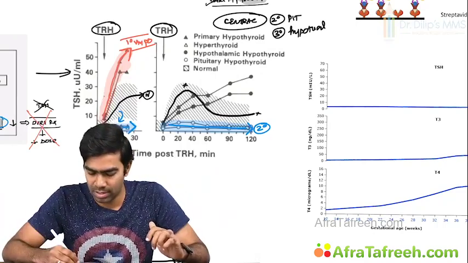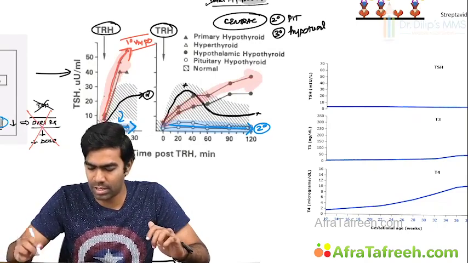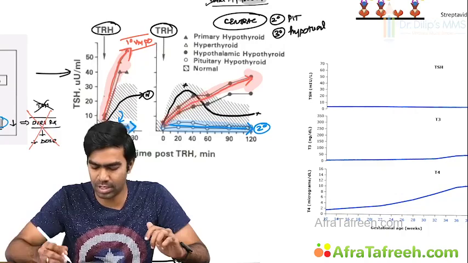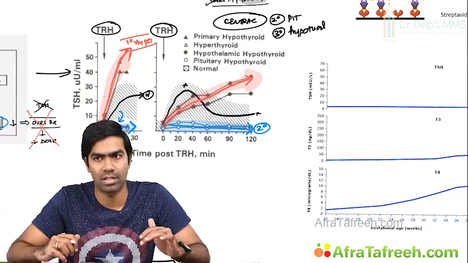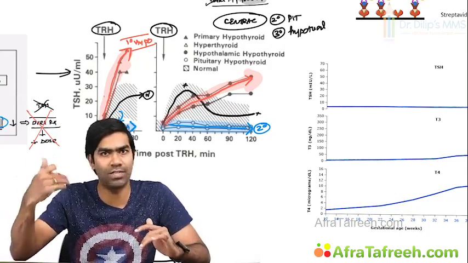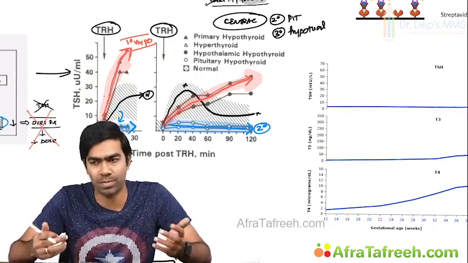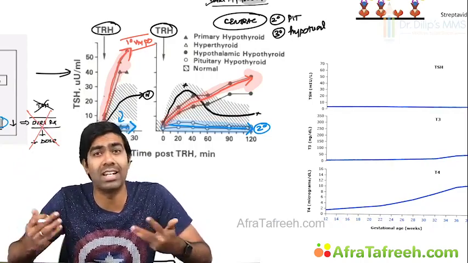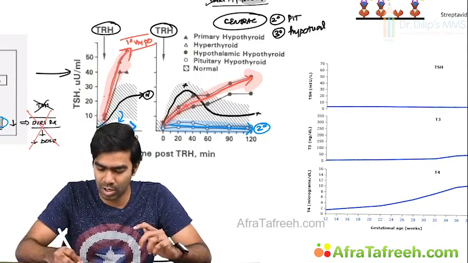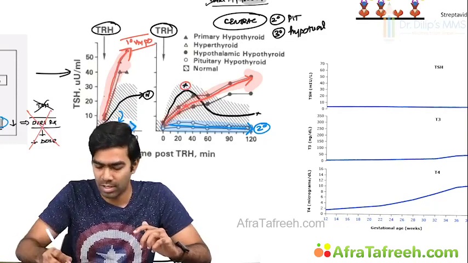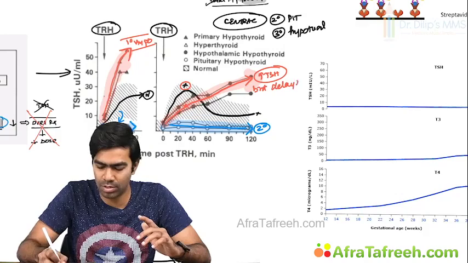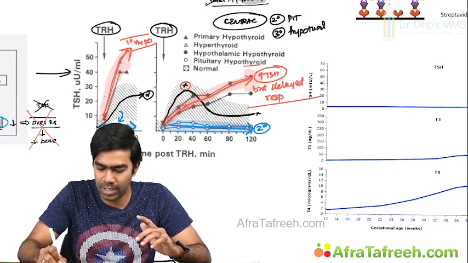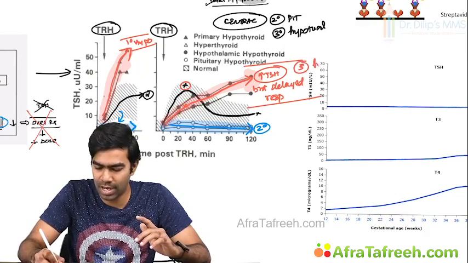But what happens in a tertiary hypothyroidism? In tertiary hypothyroidism, you can see the curve follows this kind of pathway, which means that TSH is rising when you give TRH. Yes, that should be the case because in tertiary, TRH deficiency is the problem. So TSH must rise, the pituitary is normal here, but it is delayed. That's very important. You can see the peak is not reached similar to normal patients. TSH rises, increased TSH is there, but you're seeing a delayed response or a delayed peak. That's what will tell you this patient is having a hypothalamic